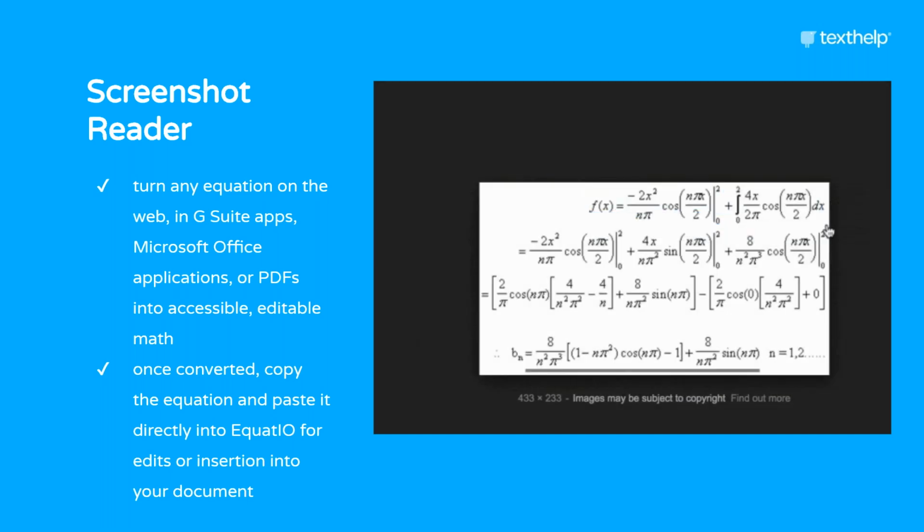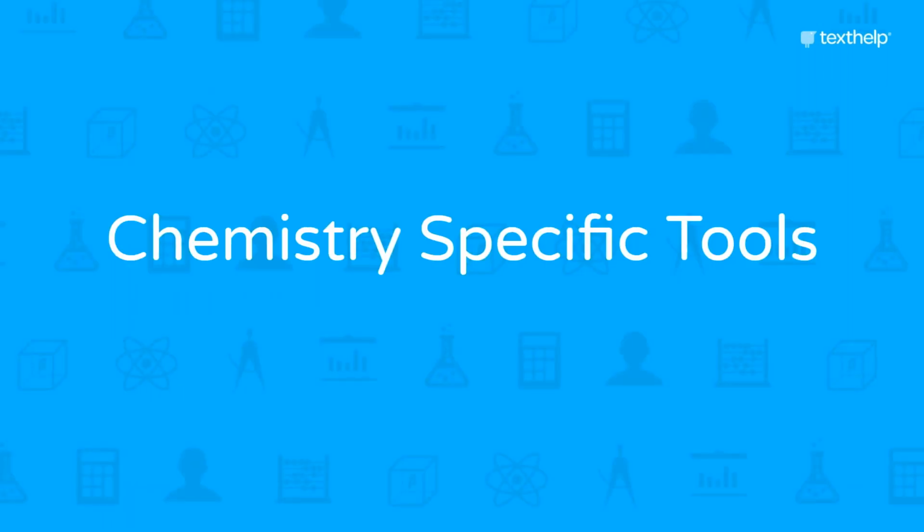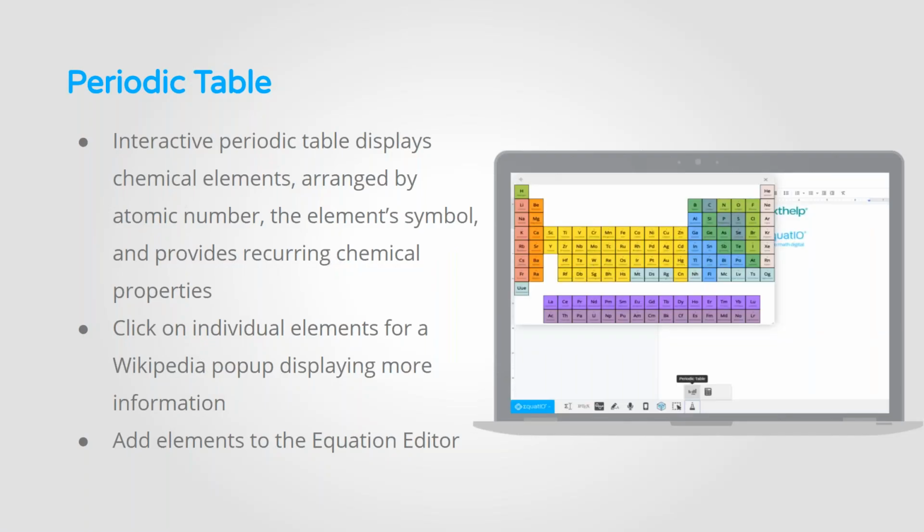And we'll talk more about that in a couple minutes. Then we did this spring launch two brand new chemistry tools as well, which chemistry faculty I've talked with about this said is a game changer in allowing them to teach online, especially now with the move to online learning. First and foremost is an interactive periodic table, which allows you to see the periodic table, interact, see different information on each of the elements, and then actually allows you to enter elements into the equation editor.